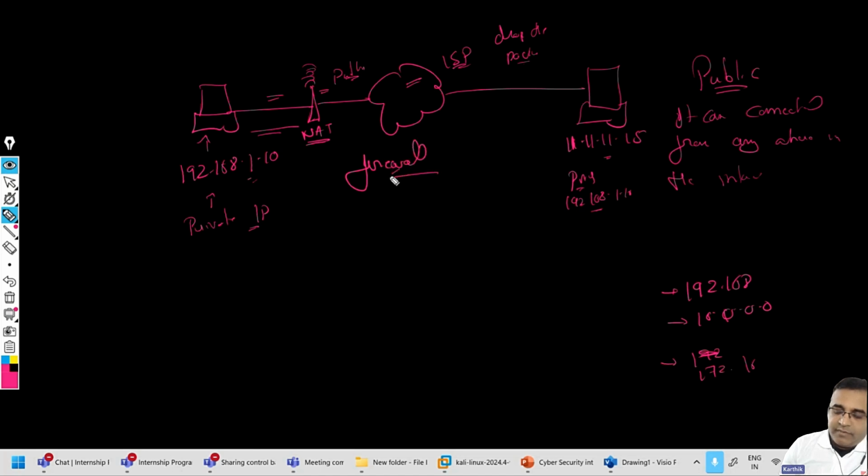Even if that is a public IP address, the firewall will block, saying that it is coming from outside. I will not allow this connection. Someone is trying to connect, I will not allow that. And the second reason is network address translation, because the IP address that you connected to is a private IP and I do not know how to do this process. So now it becomes a scenario,